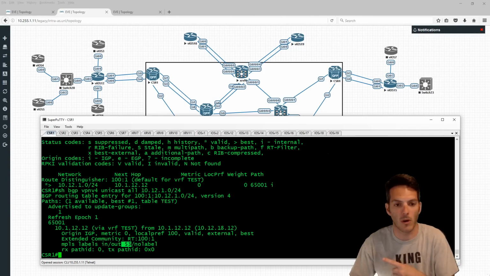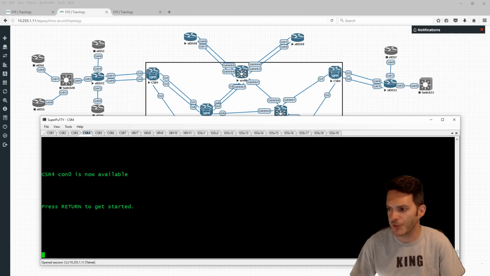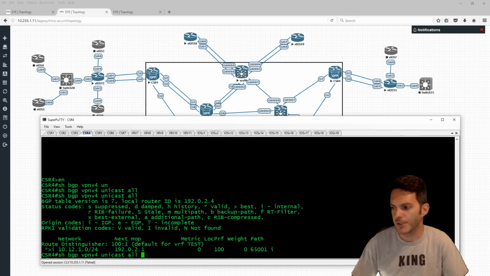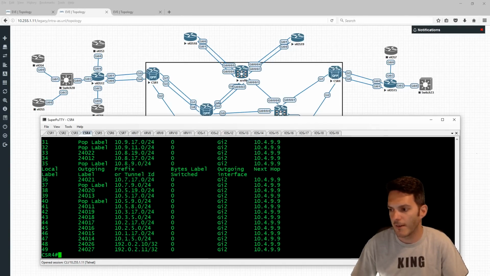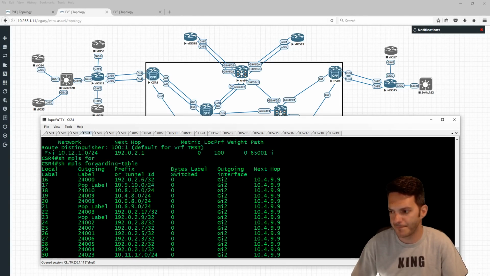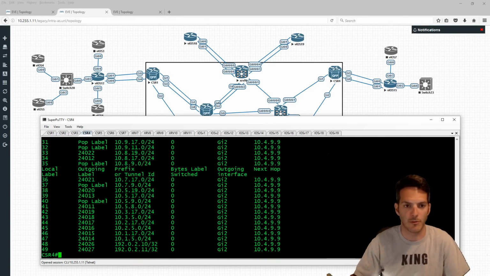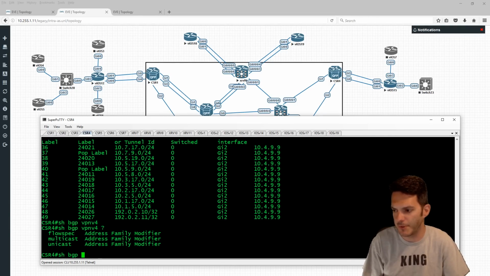So when we do a trace route to the core, you'll see the VPN label value of 53 across the wire from CSR1 through CSR4 until it gets to CSR4 and gets popped, which if we go to CSR4 and show BGP VPN-v4 unicast all, we're going to see this. And if we do a show MPLS forwarding table, you're going to see 53 doesn't pop in here yet, right? 53 isn't propagated, and the main reason why is because there's no routing adjacency on the remote end. So what we'll do, if we do a show BGP VPN-v4, or no, it's BGP VRF